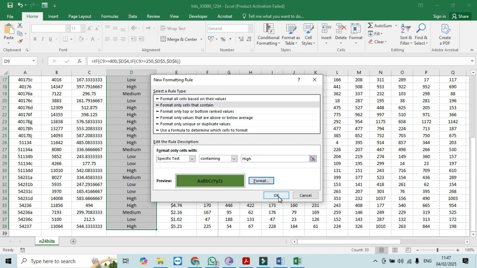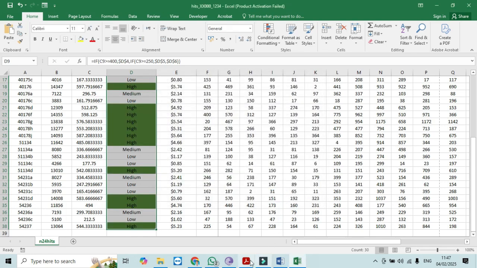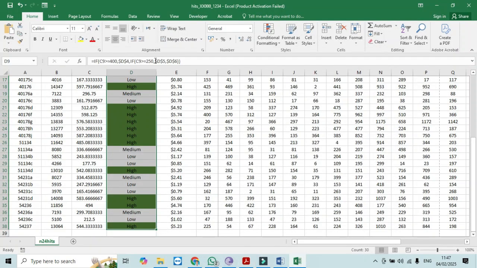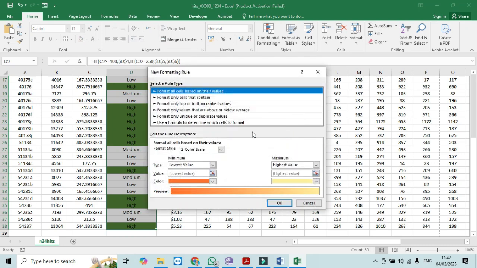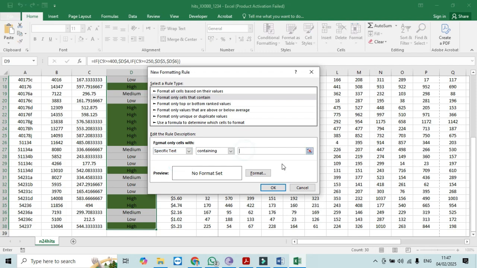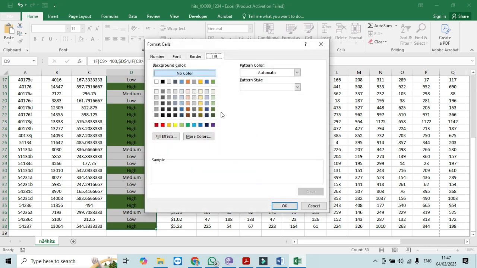Okay, so it is being filled with the green, and then after it should be filled with orange if it is medium, and then also new rule and contains cell value or specific text, and that is medium formatted orange,